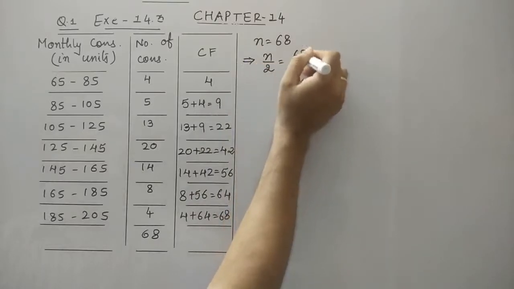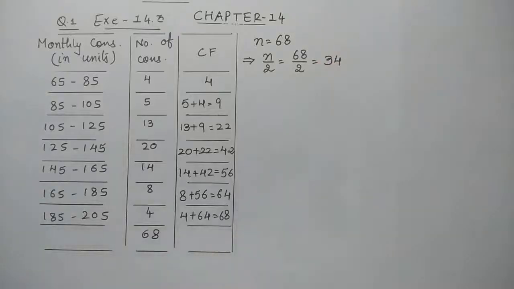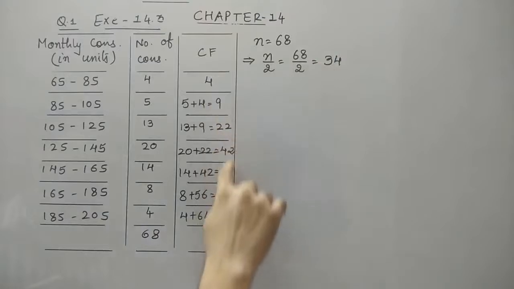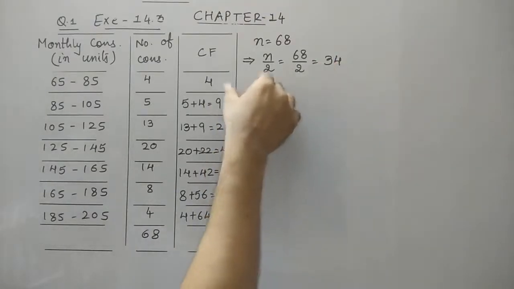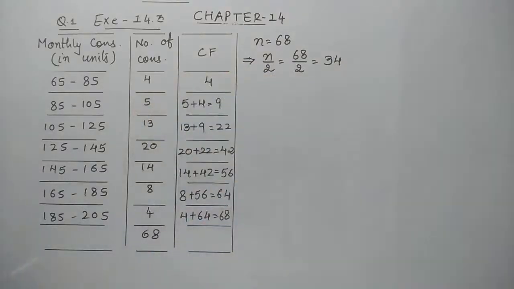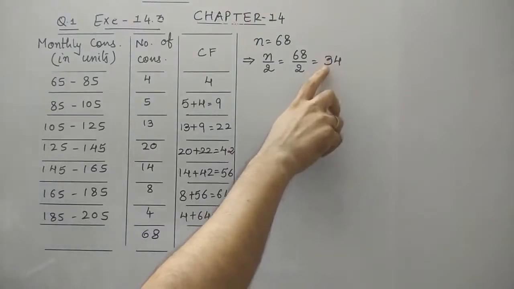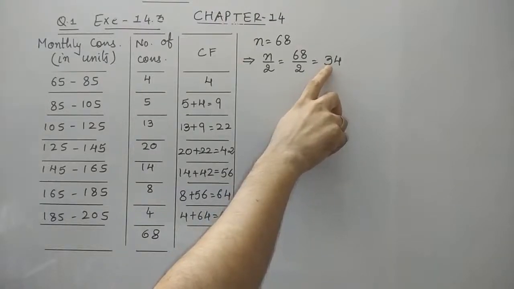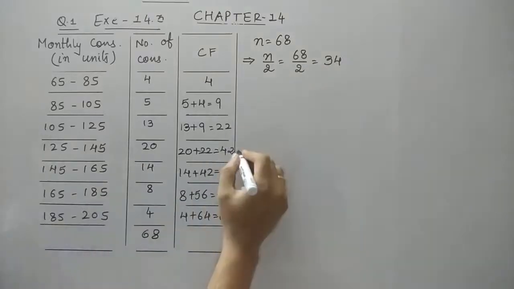So 6, it is compulsory every time we have to do the same thing. So it comes 34. This value we should check into the CF where that value exists. CF में ये value कहाँ पे आ रही है? तो we can see that it does not exist anywhere. So we have to check that इसके बाद वाला value, the value which is greater than this. So here it exists. So this is what we are talking about.